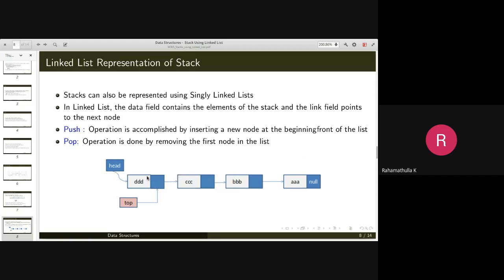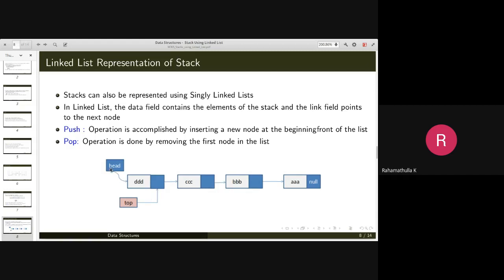So as shown here, let's say you have a data item and a pointer which can point to another node, and so on. So here also we need a pointer which points to the first node, which is basically our top pointer.